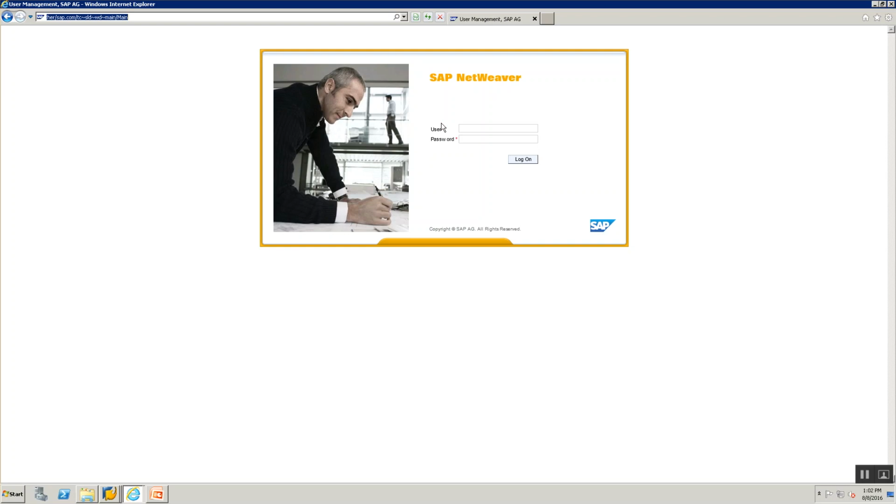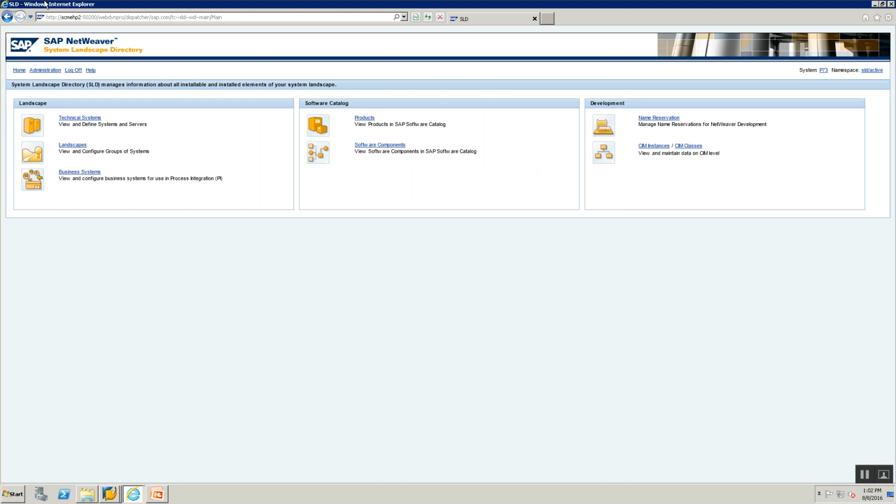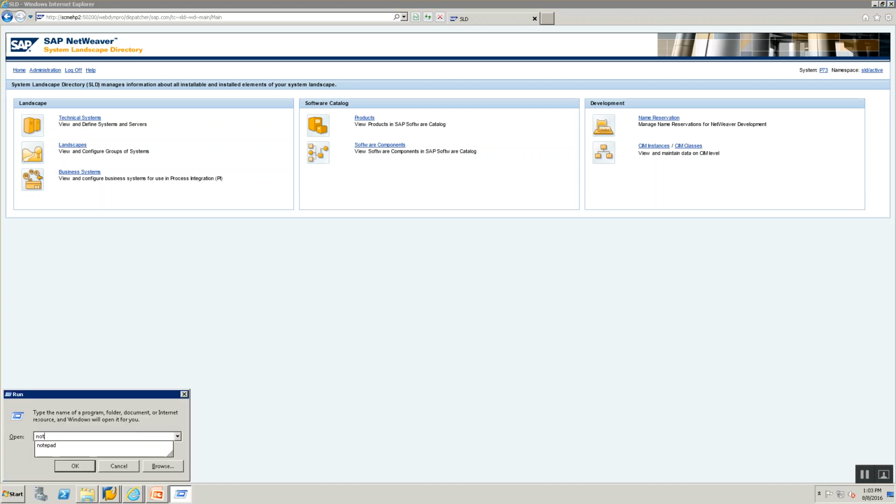It's now going to ask me for my username and password. So I'm going to put in my username and password, and my PI homepage with the SLD is now available. Remember in my slide, I told you how the SLD looks. This is exactly how the SLD looks. So what is the first action that we are going to do? Let's open up a notepad.